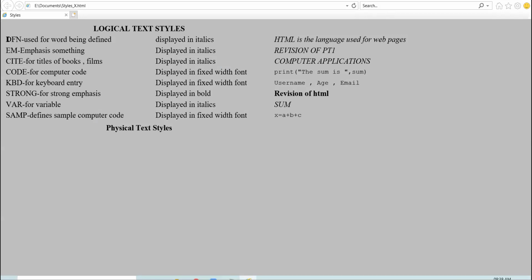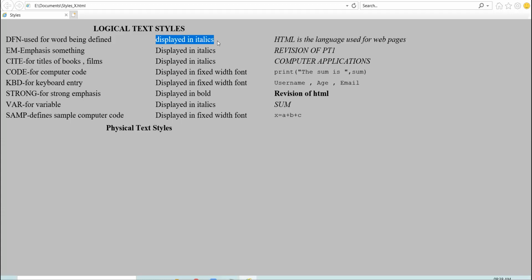DFN means define, definition of the term. It is used for the word being defined. Whenever you want to give a definition, it appears in italic form.